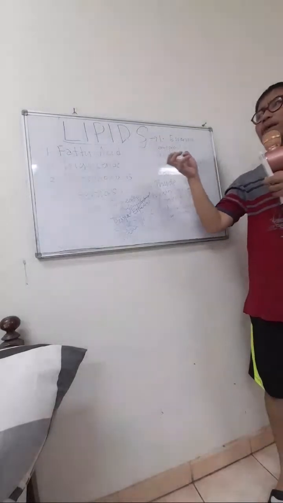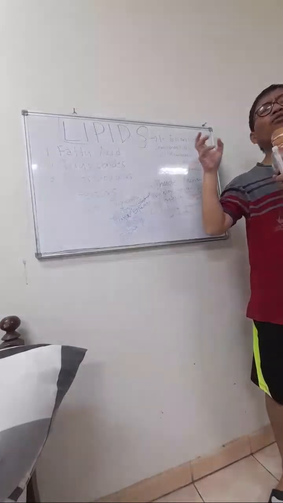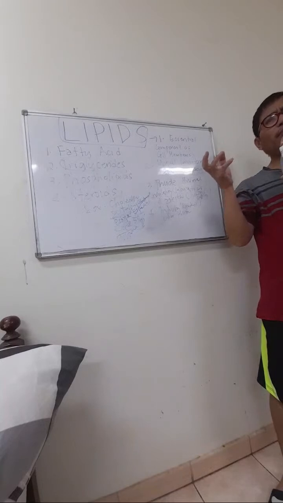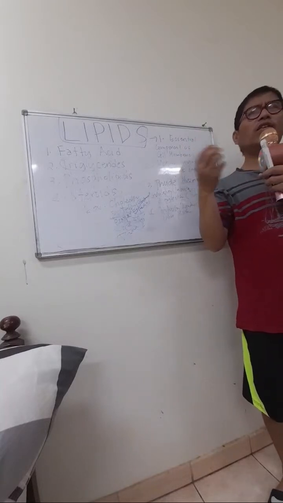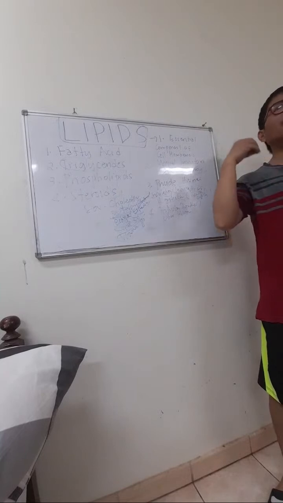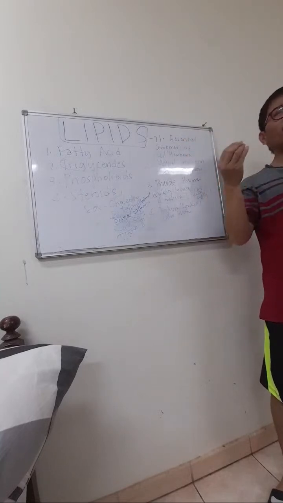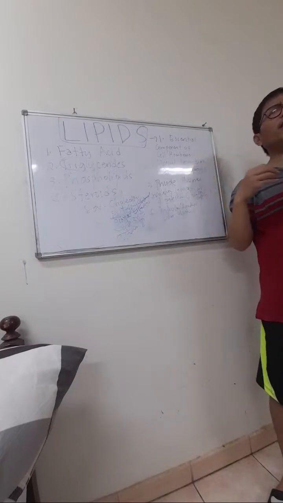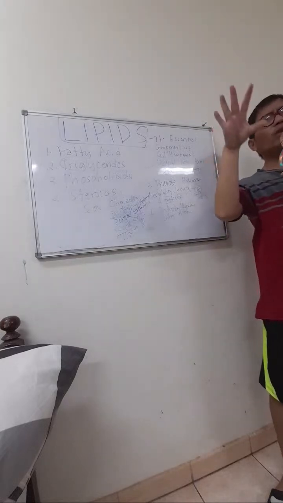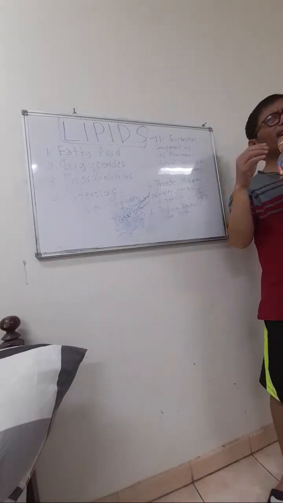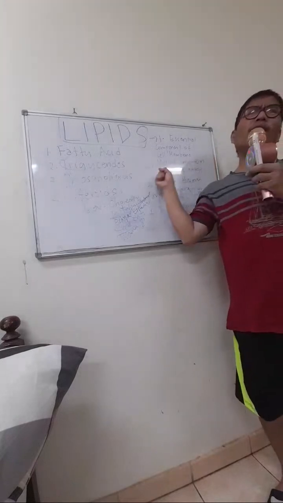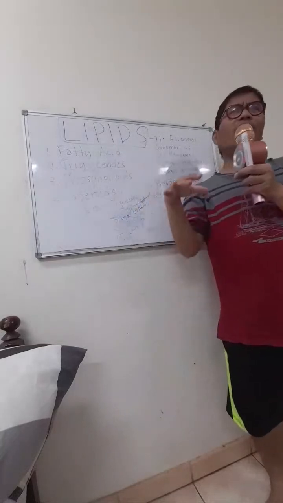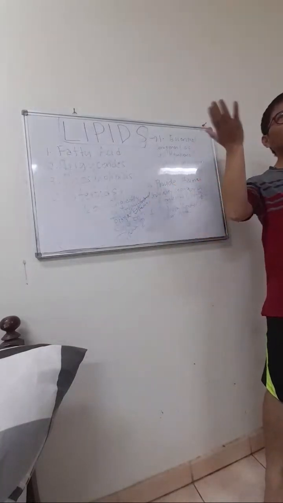By the way, lipids, guys, are really a hydrophobic substance, meaning not water loving, meaning it will not dissolve in water. It is not miscible with water. It will create a layer separation. When you mix lipid into water, the lipid will go up and the water will go down. But just determine the molecular weight, because the higher molecular weight will go down and the lower molecular weight will go up.